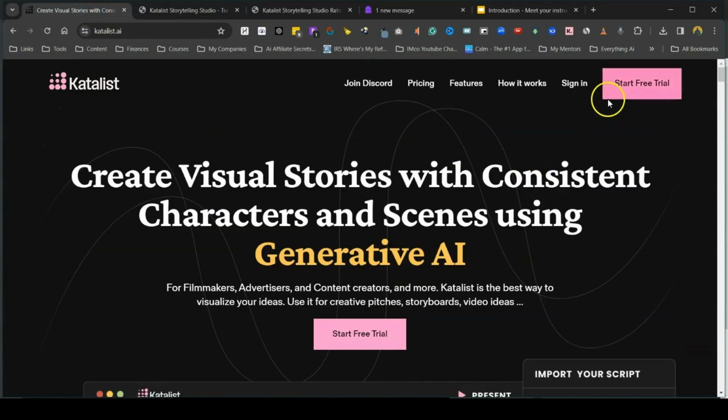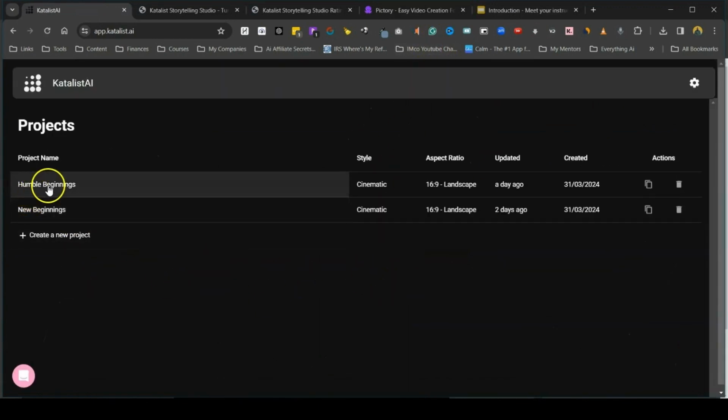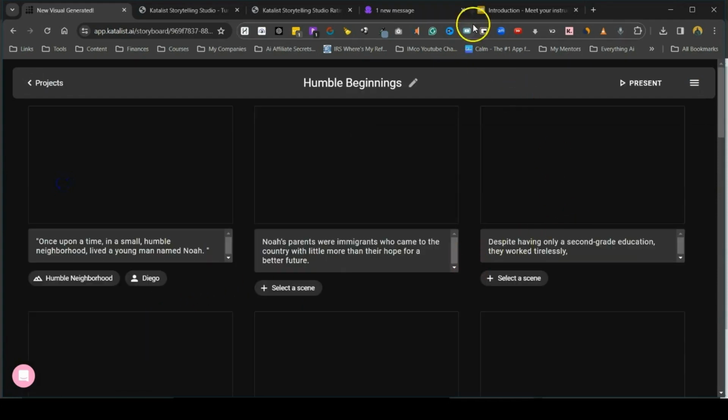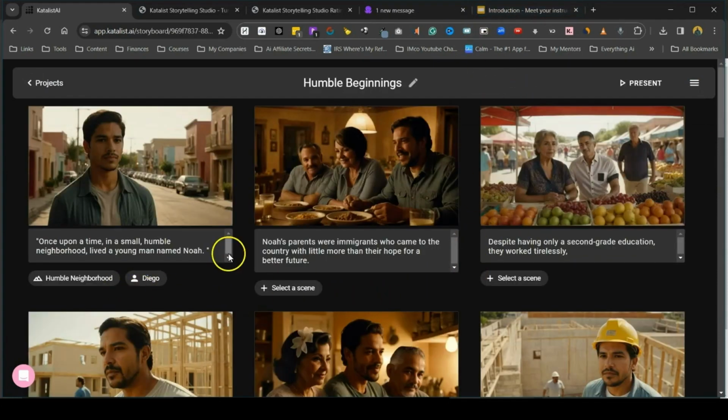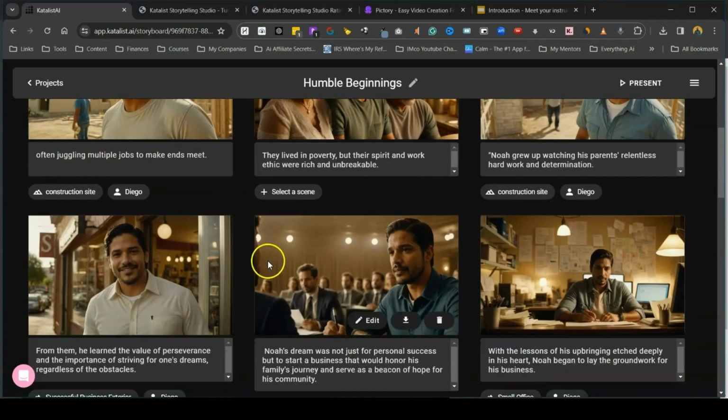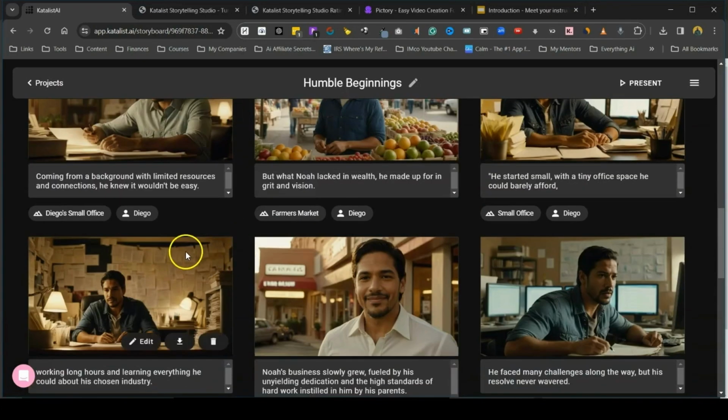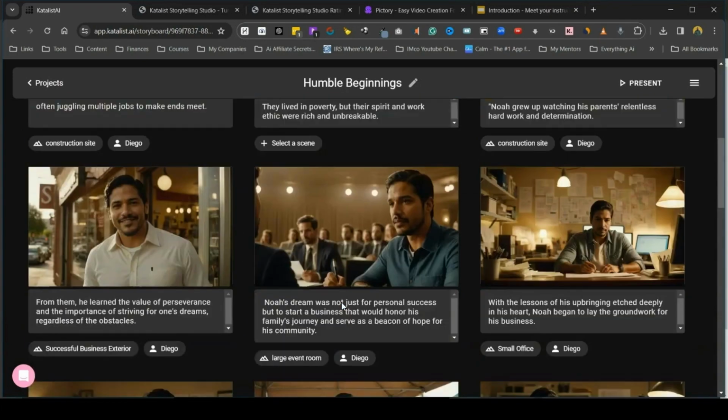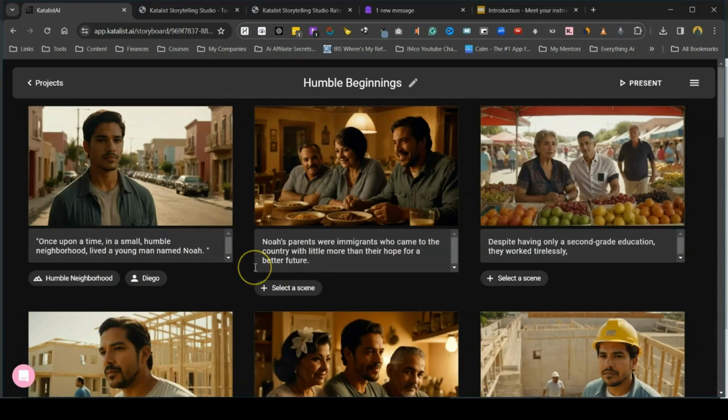And so let me head over, let me sign in here so I can show you guys what I was able to create with ChatGPT and Catalyst and Pictory. So I was able to create this story here. I called it Humble Beginnings. The character, his name is Noah, and he grew up in a humble neighborhood. And his parents, they were immigrants from Mexico, and